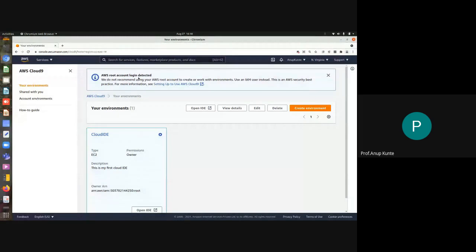One is the root user account, which is the administrator of all the services. Okay, and then there are other users. He can create or assign roles to different other users, which will have limited privileges. So some users will only have privileges to create IDEs. Some users will have privileges only to use IDEs, etc. So that is what they require you to do.